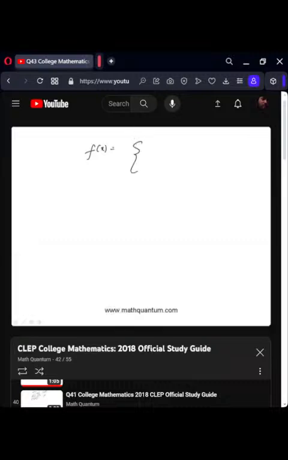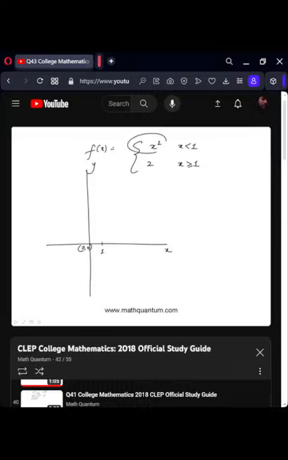So here we're given this function and we're asked to identify the choice that gives the graph for this function. I will just qualitatively draw this out. For x less than 1, so this is the origin. X less than 1, it's x squared, so this is the equation of the parabola. It's going to be like that up to this point,